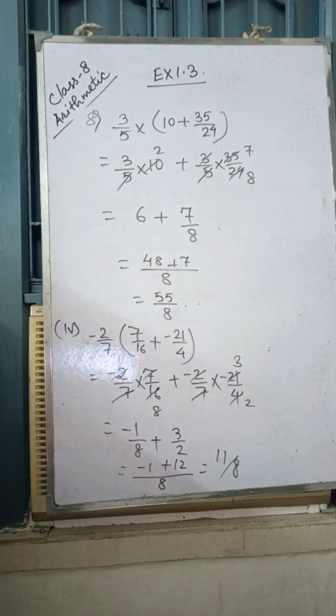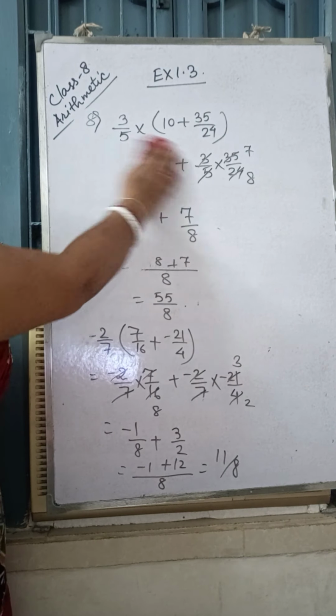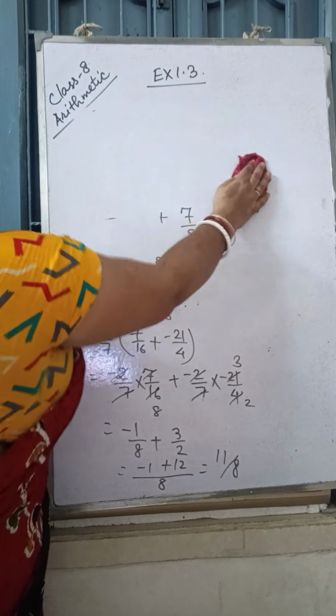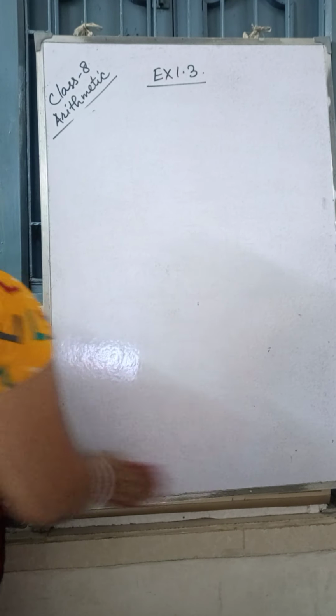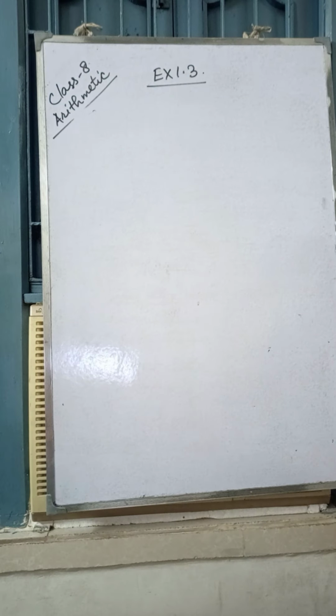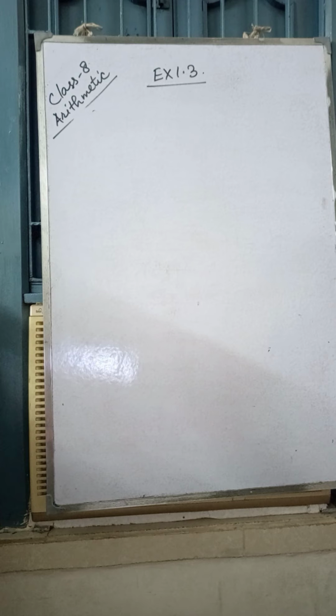Let us see question number 9. It says, how much distance will a train cover in 3 whole 1 by 3 hours if it maintains a constant speed of 80 whole 1 by 4 km per hour? Now the time is given, speed is given, distance they have asked you to find, is it? So we know S into T is equal to D. Do we know this?